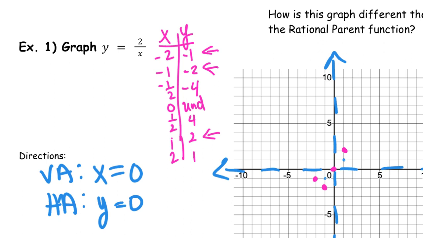So do you see how each one of those points, do you see how that point that was at 1, 1 moved 2 away in both directions? So this one's going to be over here as well. What do you think would happen if it was 3? They would go even further from the origin. They'd go 3 away, right? Okay, so then